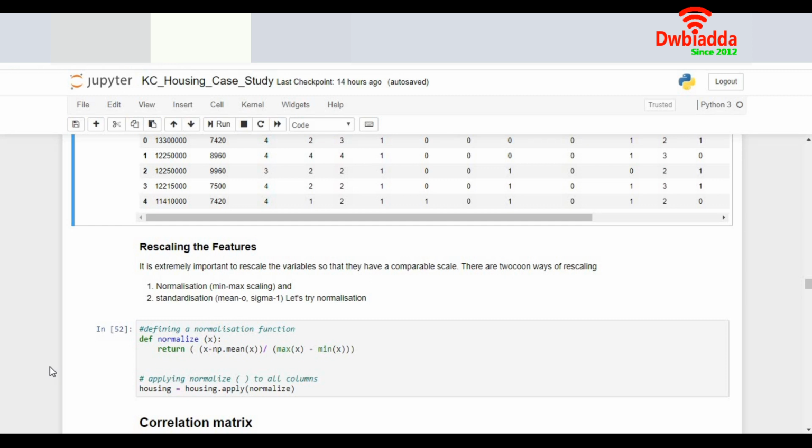Now, will it be wise if I try to predict a model with the height and the weight in this format? It might not be a good idea, because the height cannot be more than, let's say, 2 meters, or maybe at the max 2.5 meters, but the weight can go up to 100 kgs or maybe more than that. So the scale in which I am comparing the data is not right.